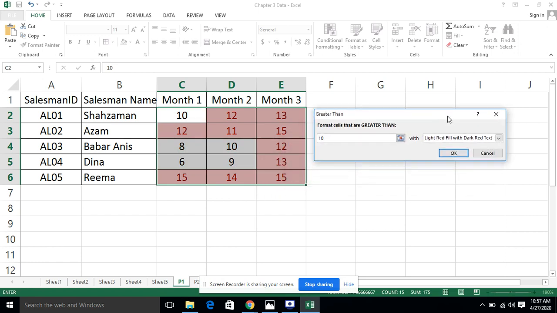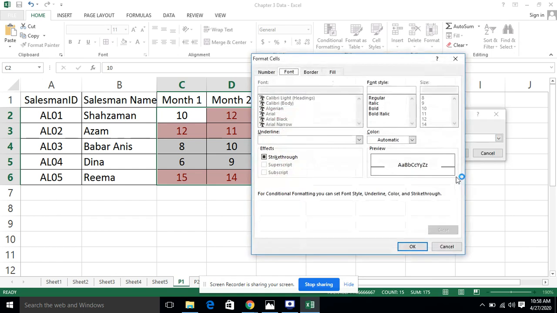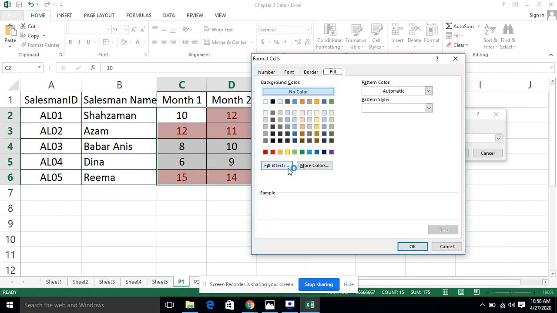By default it is highlighting with pink color and red text, but keep in mind that we have to do it with some other color as mentioned in the problem statement, that you have to do it with the dark red color, red background. So we will go to the custom format color and try to find dark red.